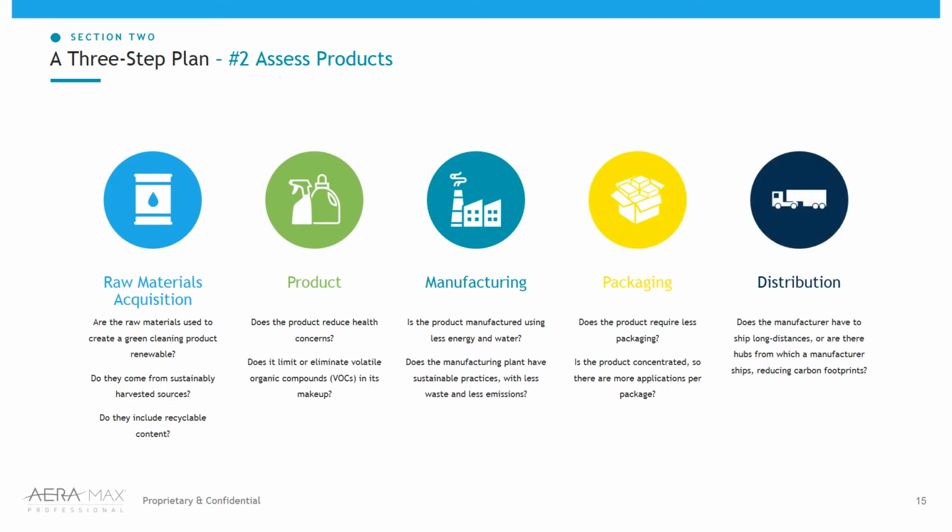So step 2 as part of the plan is assessing the products that you're using. To do this, there are a few things that you can consider. Really evaluate the products that you've already got today, the products that you're already sourcing. Lean on your suppliers. They're going to be able to inform you and help you make some responsible decisions when looking at the 5 key elements on the screen right now, and also take a look at the manufacturers themselves,